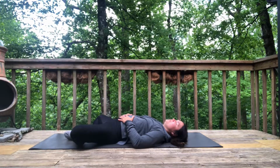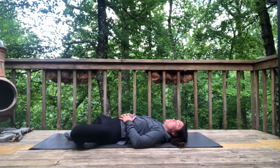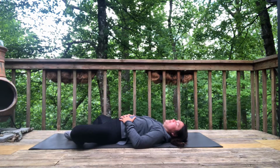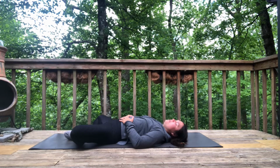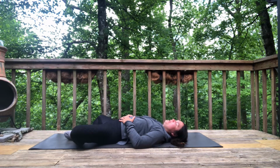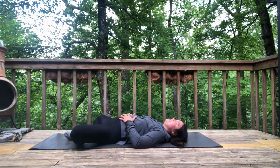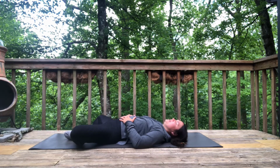2, 1, and then exhale out of your nose or mouth and deflate that balloon for 3, 2, and 1. Again, inhale for 3, fill the belly, 2, 1, and then exhale, deflate the belly for 3, 2,